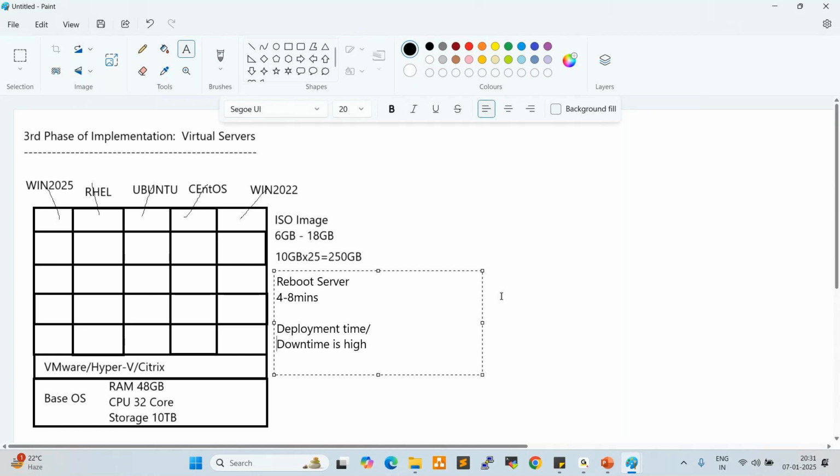Okay. So yes, the code also, or else we can deploy applications like any plugins, any patches we can deploy. Deployment is nothing but installation, simply. So downtime. What is downtime, anyone?